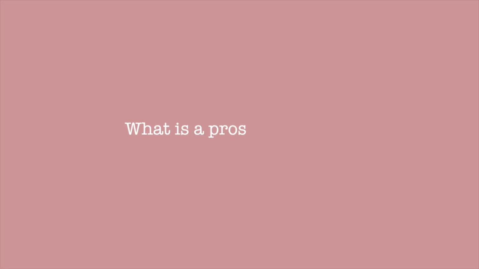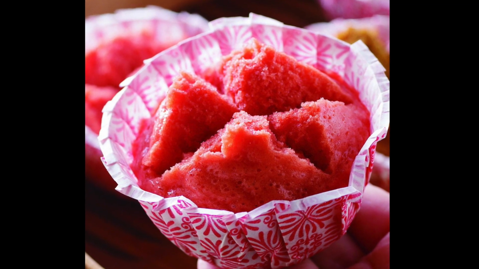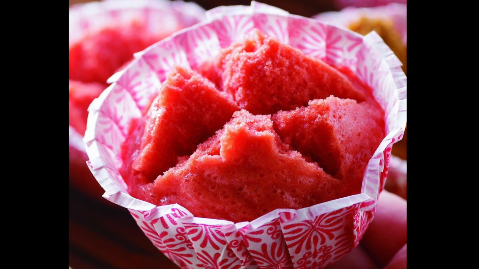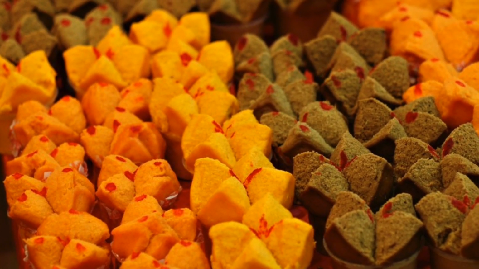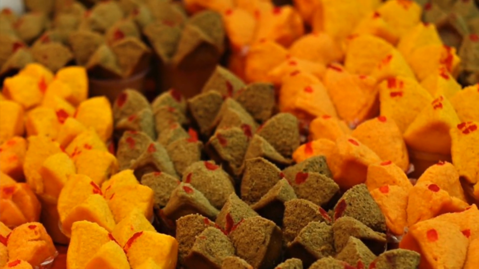What is this Chinese prosperity cake? In Chinese culture, the traditional steamed rice cake is a blessing pastry for New Year's. It is very commonly seen not only in China and Taiwan, but also in Southeast Asia. The traditional method of making the steamed rice cake is by mixing rice milk with sugar and steaming it after fermentation. The fermentation will cause the cake to rise and create a flower-like crack on the top of the